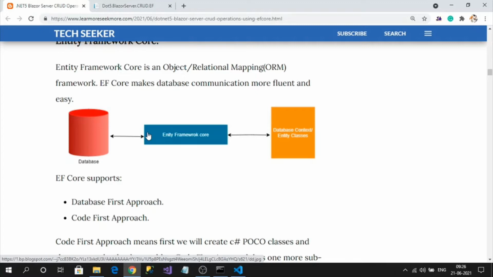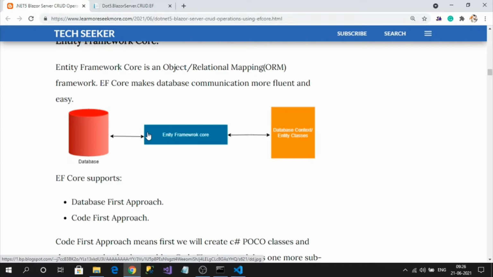Once the results are fetched, the raw SQL result data is converted back to C# classes and returned to our API application. That is the advantage of using EF Core. The object conversion or object mapping is very easy and flexible to work with in Entity Framework Core. So it is like a bridge between them.